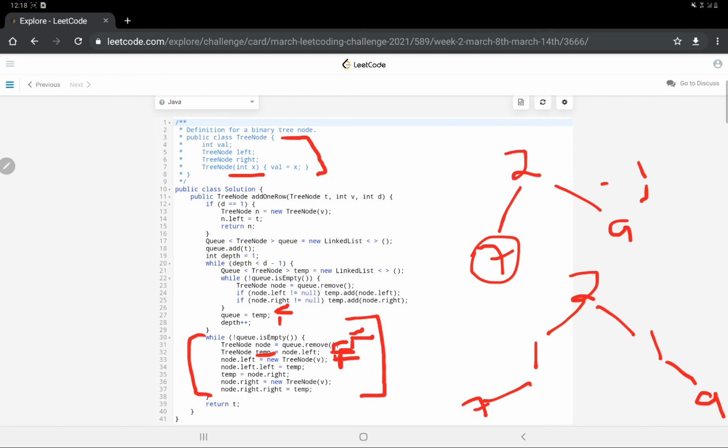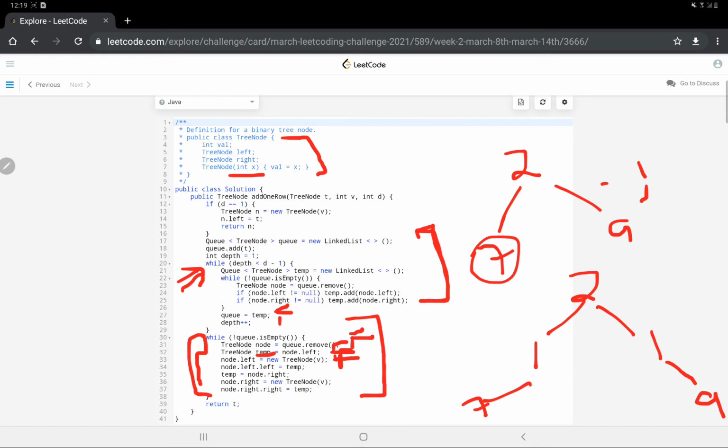Alright, and this is how we are going to do it. Hope these two things are clear. This thing is for level order traversal and storing the previous level where the ones have to be added, and as soon as we get the depth, we break out of this loop and we just add a new level.